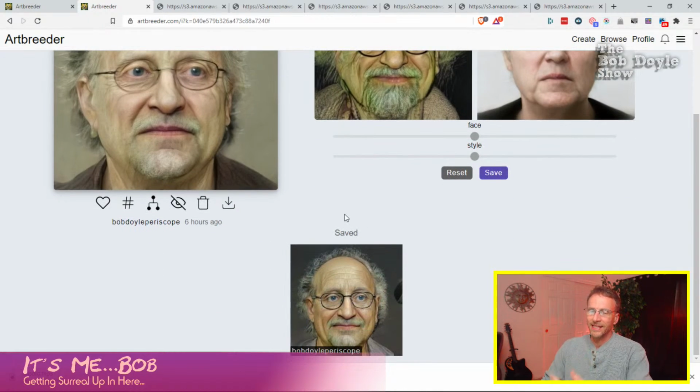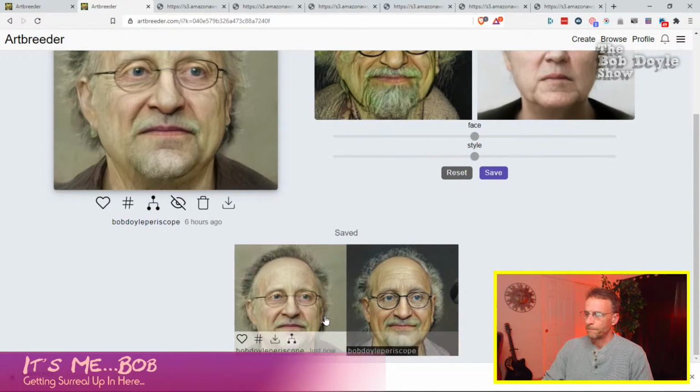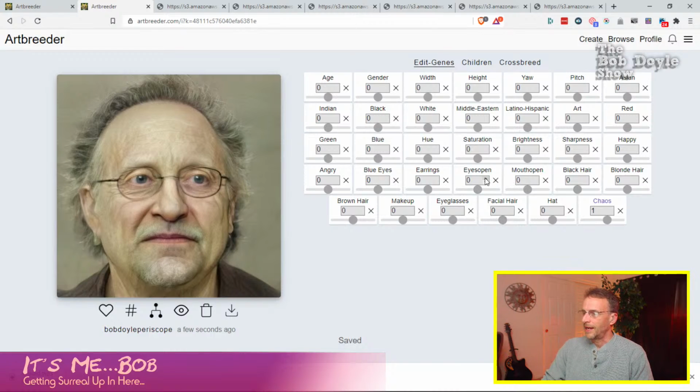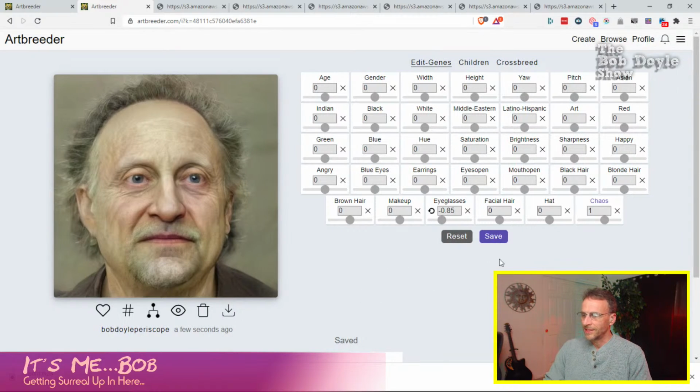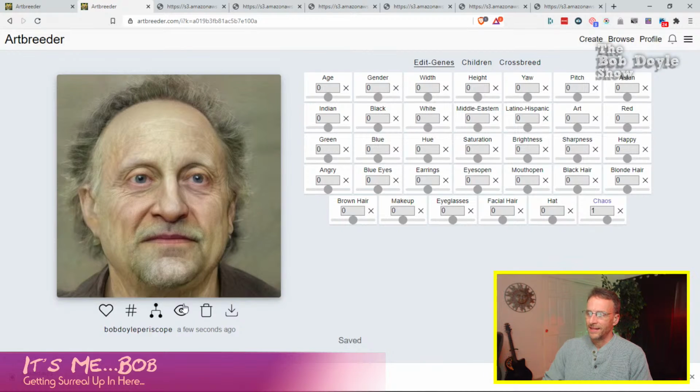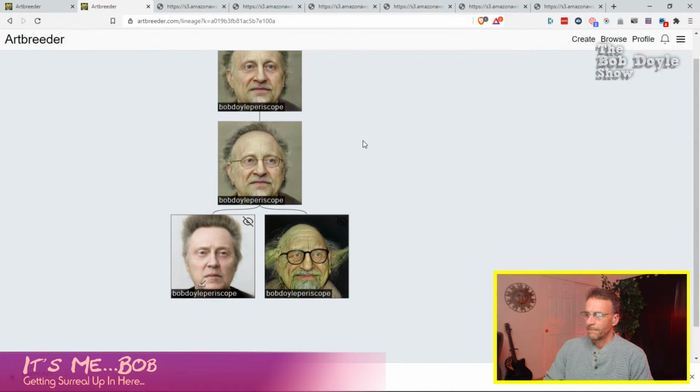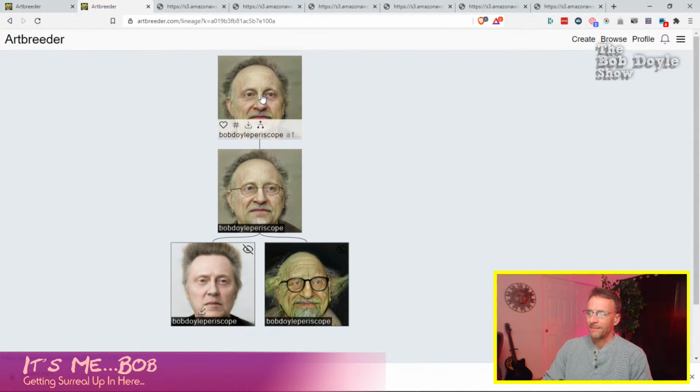All right, so let's say I want to take the glasses off this guy, so I save him, so I can then go edit him and say eyeglasses, gone. And you'd never know that he was a cross between that Yoda thing until you save it, you look at it, and then you look at the lineage. So I'm the only one who's contributed to these because I uploaded both of these images from scratch, from my computer. So nobody else has contributed to these.